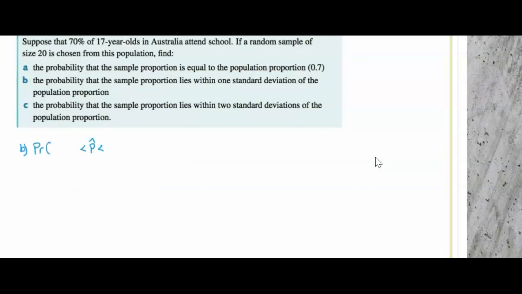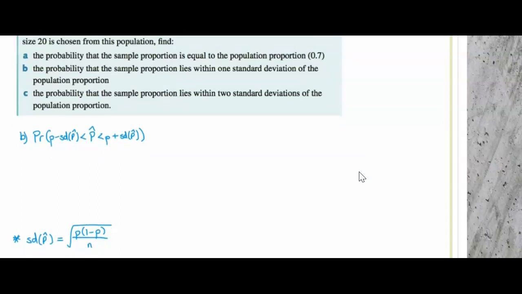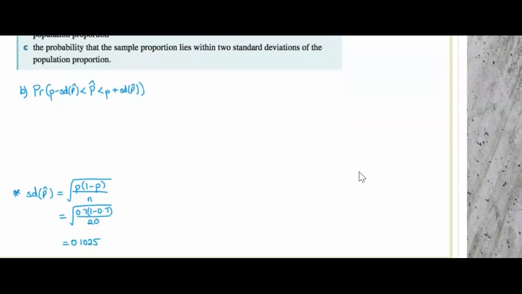For part B, it's asking us for the probability that the sample proportion, that is p hat, lies within one standard deviation of the population proportion. So what we're saying is, what's the chance that the sample proportion is between the population proportion minus one standard deviation and the population proportion plus one standard deviation? Just as a side note, to work out the standard deviation for our sample, we use this formula here. So when I replace p with 0.7 and n with 20, I end up with an answer of